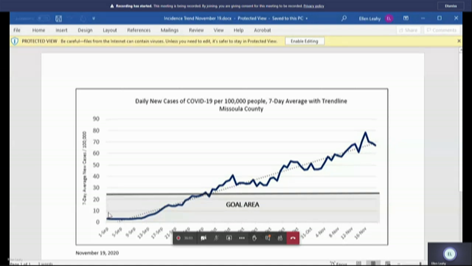So this is where we were at the beginning of September, well below that. And as you remember, our indicators and our case numbers were, we were basically dry for cases back in here, which is great. Started ticking up a little bit. And then we saw this,